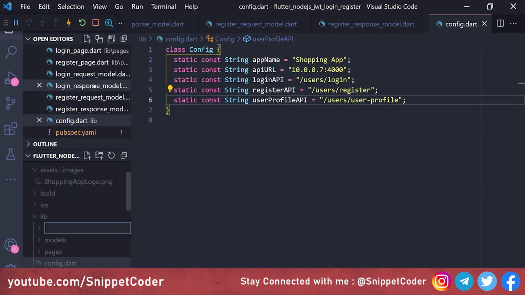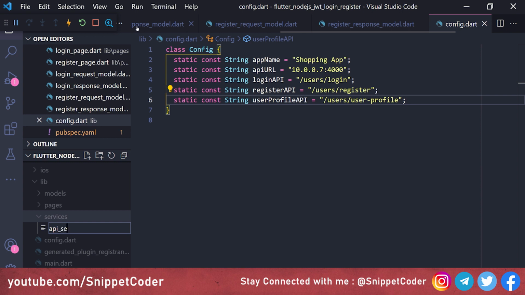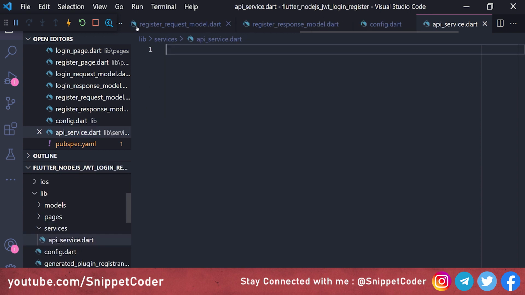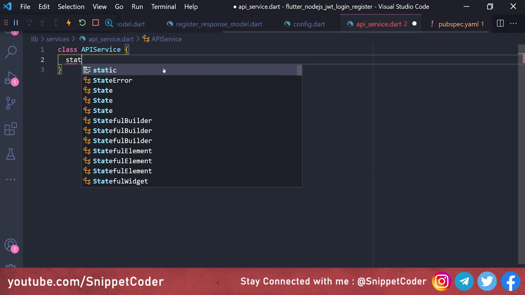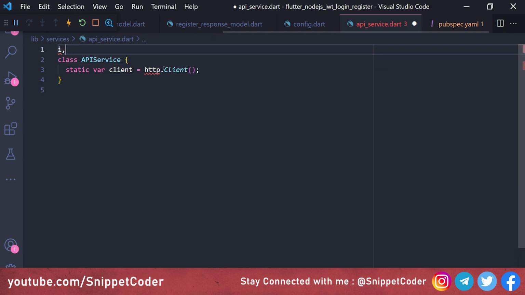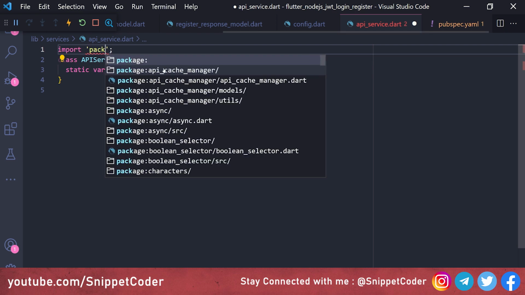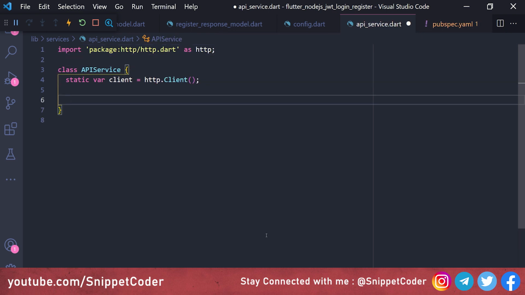Here we will create a folder, services, and here we will create a new file, that is api_service.dart file. Here we create the class APIService, and here we create static var client equal to http.Client, and we have to import here the package we are using, package:http/http.dart as http. And here we will create our first method, that will be static Future of bool login,